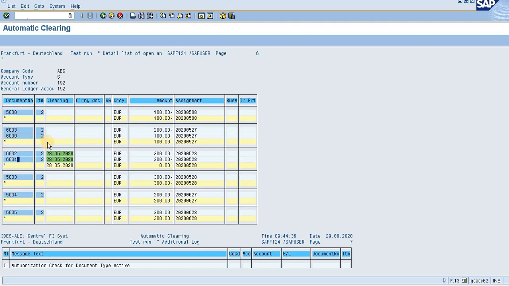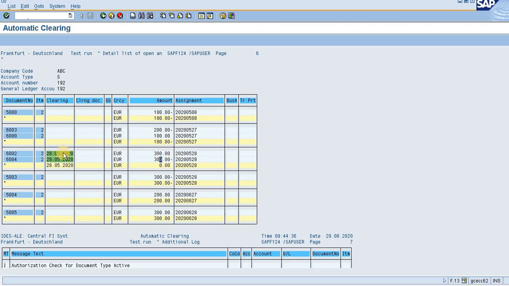That means the GL item in item number 2 will be cleared with document number 6002 and document number 6004 with the same amount. So it is ready to be cleared.